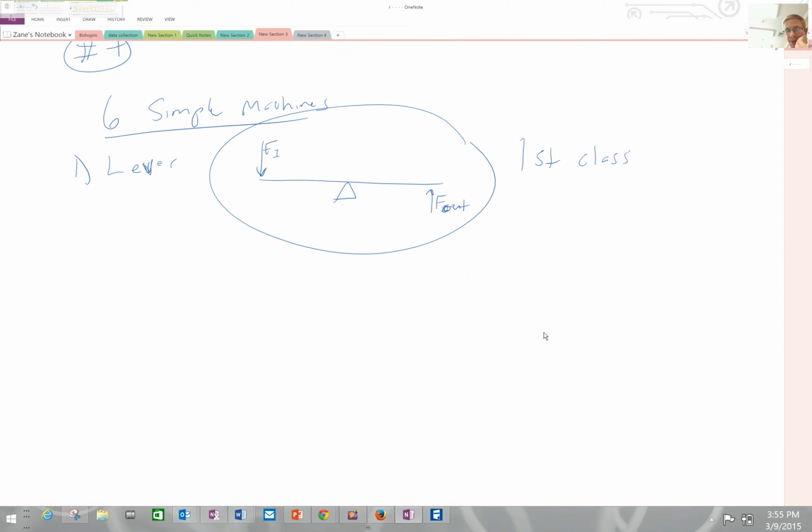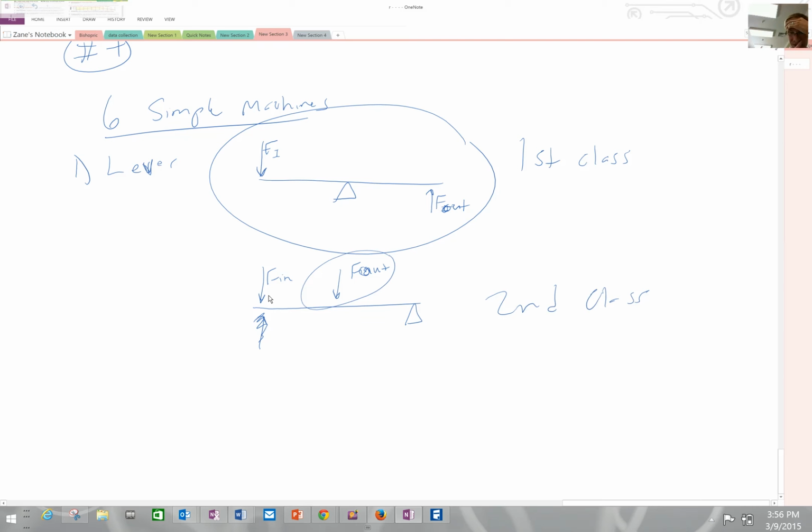Okay? A second class lever is where your fulcrum is at the end. Here's your input force. Well, our input force is just at the end, and our output force is between the input force and the fulcrum. The example here was the bottle opener, or the stapler, I believe, was a second class lever as well. This is second class. Don't worry about the arrows, just remember your output force is always between your input